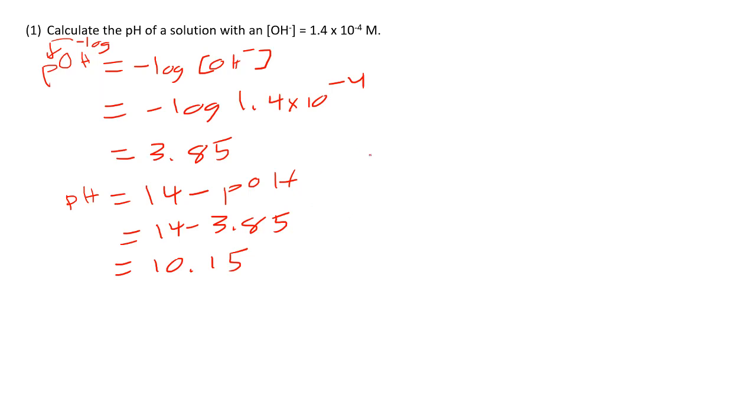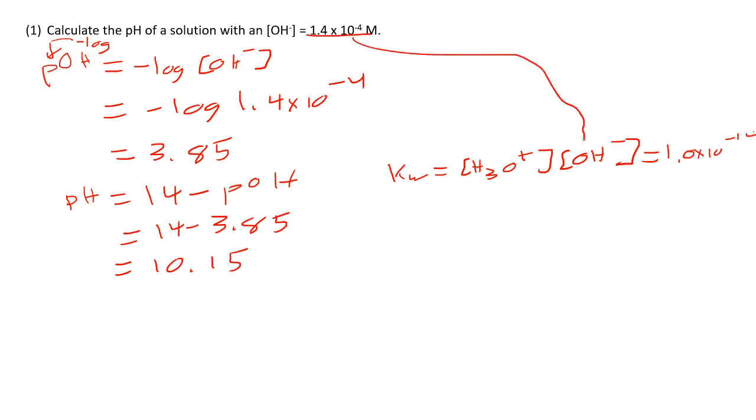The other way you could have done this problem is you could use the fact that Kw is equal to the concentration of H3O plus times the concentration of our hydroxide, OH minus, and that this is going to be equal to 1.0 times 10 to the minus 14. So you could take your OH minus here, plug it in there, and solve for H3O plus, and then just take the negative log of that number. Now, this strategy I find takes a little bit longer, which is why I did it the way I did,